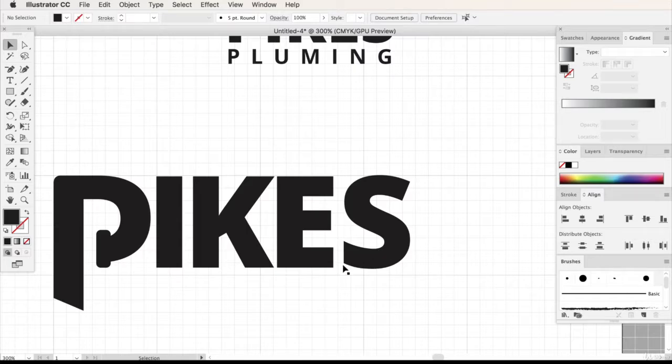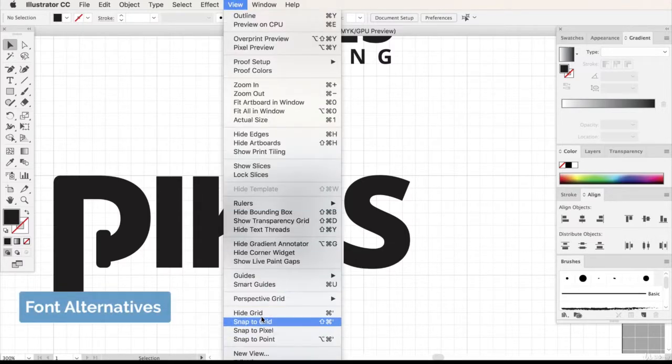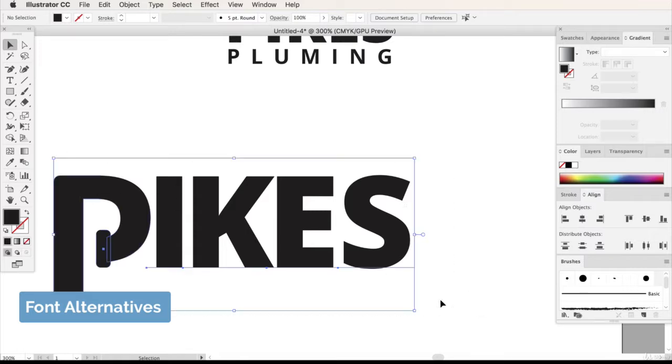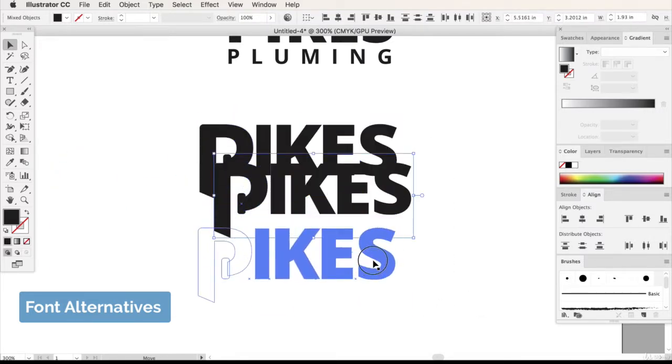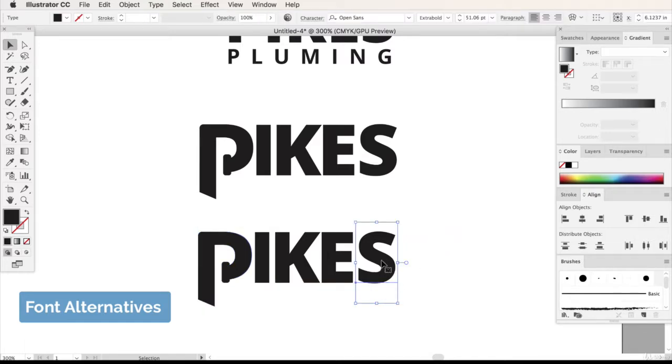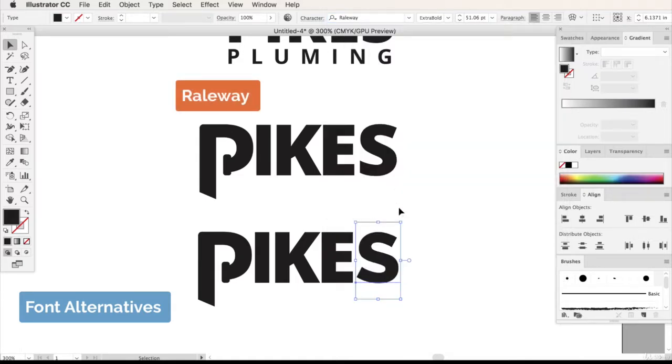So I've decided to not flatten the S because I tried to manually flatten the S and it wasn't working, so this is okay. But that doesn't mean, let me toggle off the grid, that doesn't mean we can't experiment with another font for the S. So let's make that smaller. I'm going to duplicate it, and I haven't outlined this yet, so I can still change it. Let's do Railway. Railway is another great font I'll use often. That's too thick, but extra bold. That's just right. Let me align this